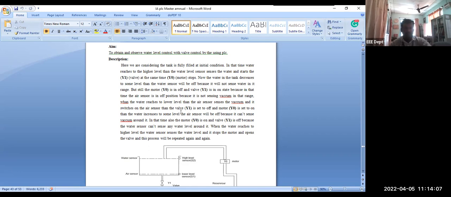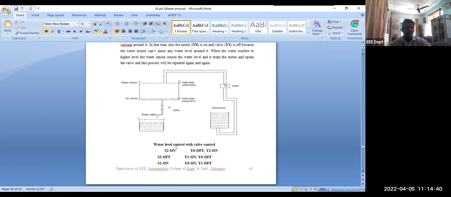Then the water increases to some level, so the air sensor turns off because it can't sense vacuum around it. At that time the motor Y0 is still on and valve Y1 is off, because the water sensor can't sense any water around it. When the water reaches the higher level, the water sensor senses the water, stops the motor and opens the valve. This process is repeated again and again. So okay,